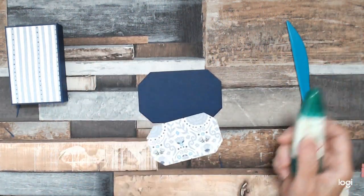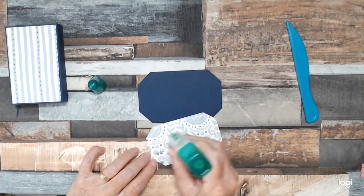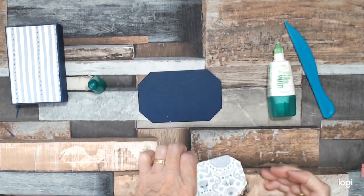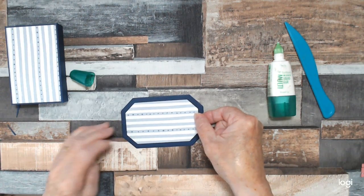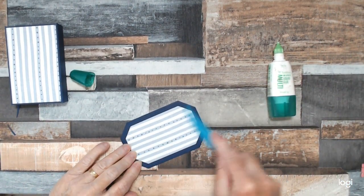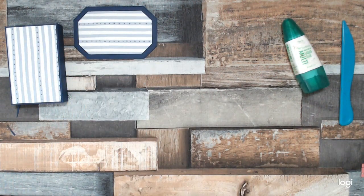We're going to stick this in place first. So just add your glue. You want lots of glue because we're going to put creases in this and you don't want the paper coming away, so not too much around the edge, but definitely in there where you're going to be creasing. So try and get that lined up. This takes fairly quick, but I am going to let it sit and dry a wee bit before we score it. So in the meantime, we can